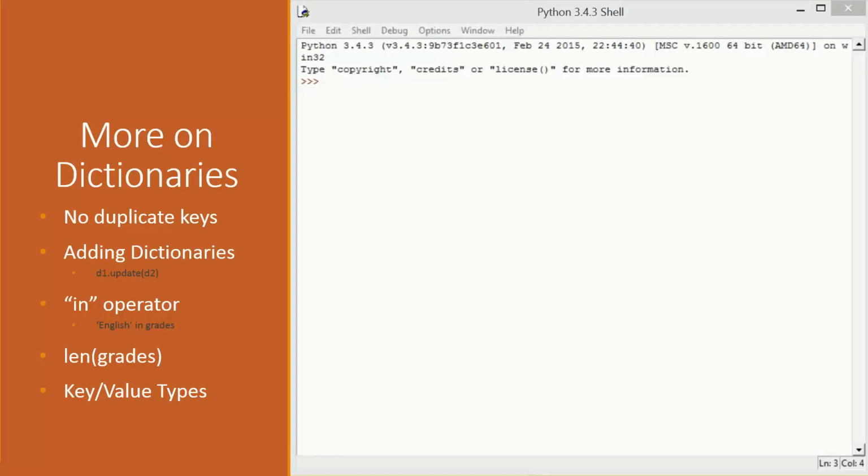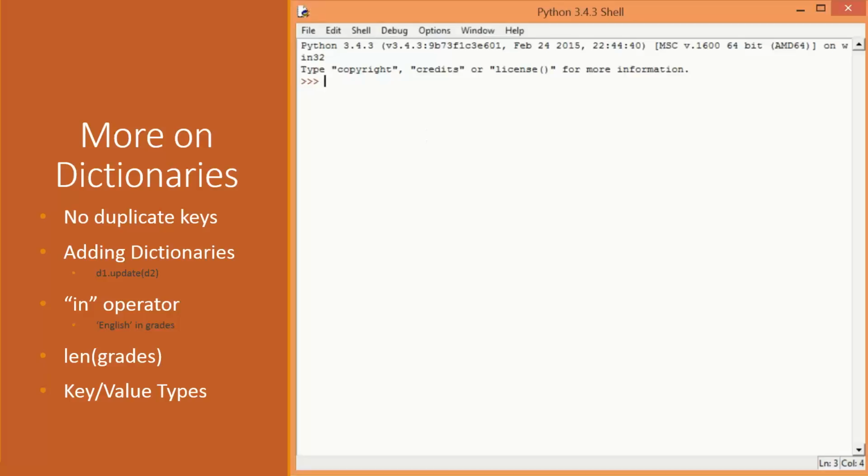So a few more notes on dictionaries or maps. First of all, a dictionary or a map data structure does not allow duplicate keys. Now, we saw in lists that you could have the same item repeated more than once at a different index, but you can't have multiple keys repeated in the same dictionary. So let's say I created a dictionary for my grades. So my marks are whatever. If I were to add a new one or attempt to add a new one for English, let's say,